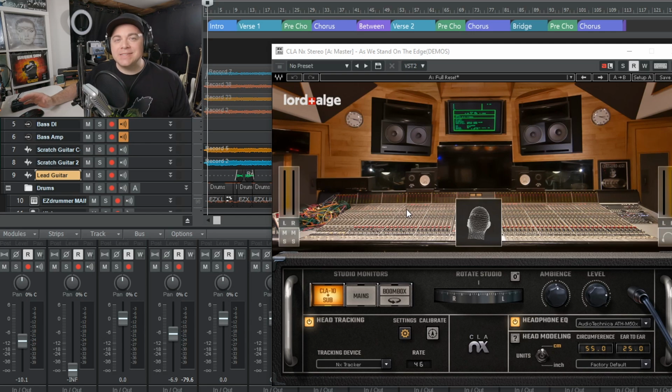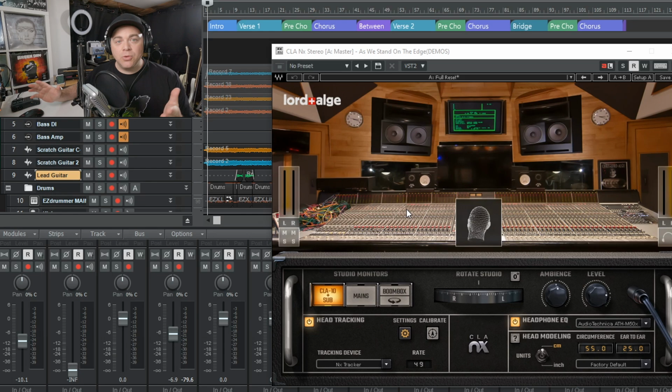Now, let's jump in. All right, so first off, who is this plugin for? Well, it's for most of us home studio musicians and producers that don't have a professional mix space to do our mixes in. A lot of us have converted bedrooms and basements and other spaces within our home, and we've changed those into our home studio. Now, if you want to get accurate mixes, acoustics play a big role in that.